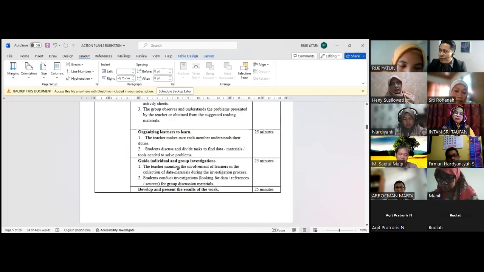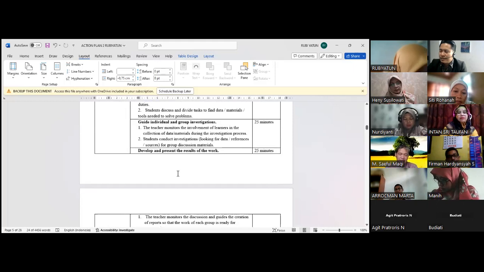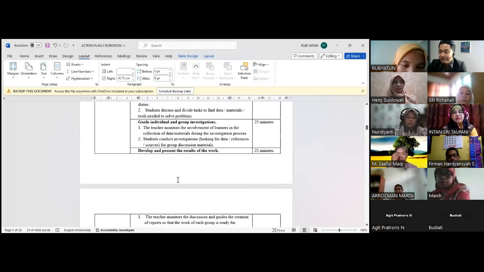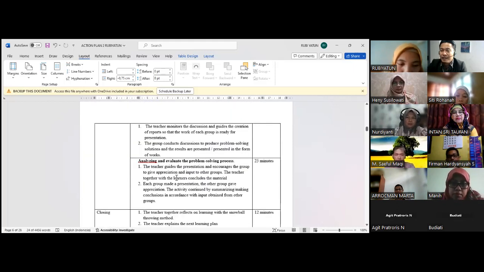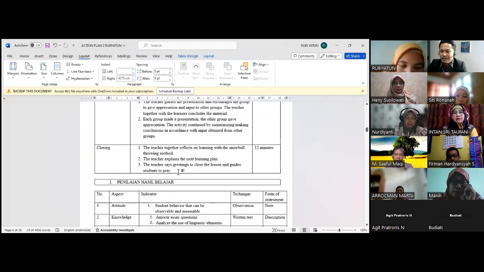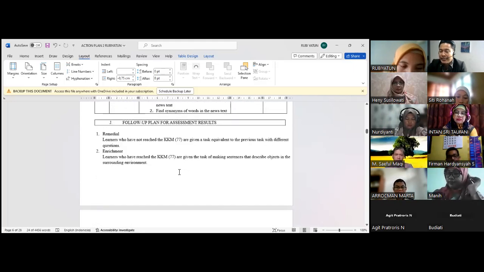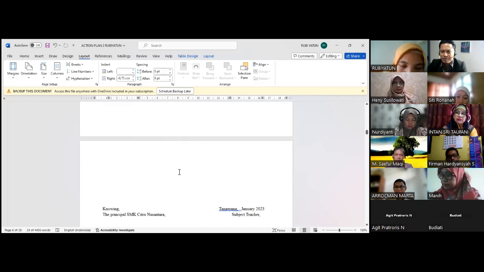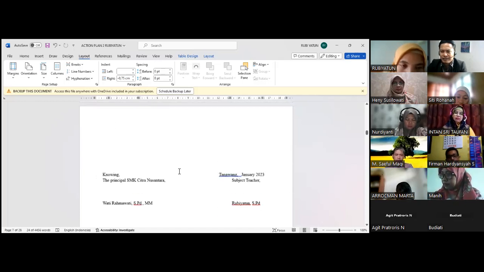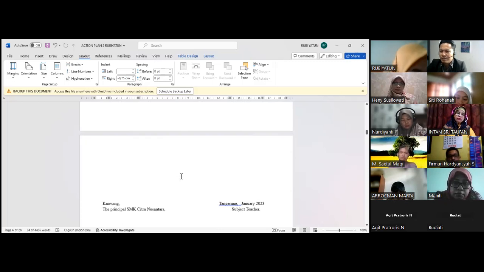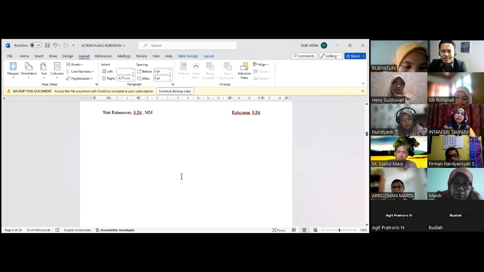in our previous meeting on Saturday, if I'm not mistaken, I gave you the example of a learning model, and today I'll try to give you the example of a teaching document using the K-13 curriculum. To be honest, I don't really want to give any feedback because the teaching document is incomplete. I hope you're going to revise it first, try to use Canva, try to use some kind of applications.